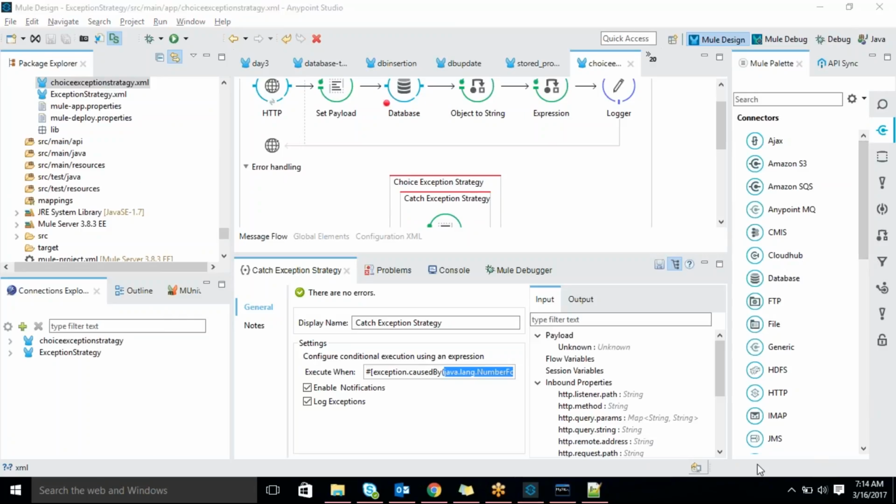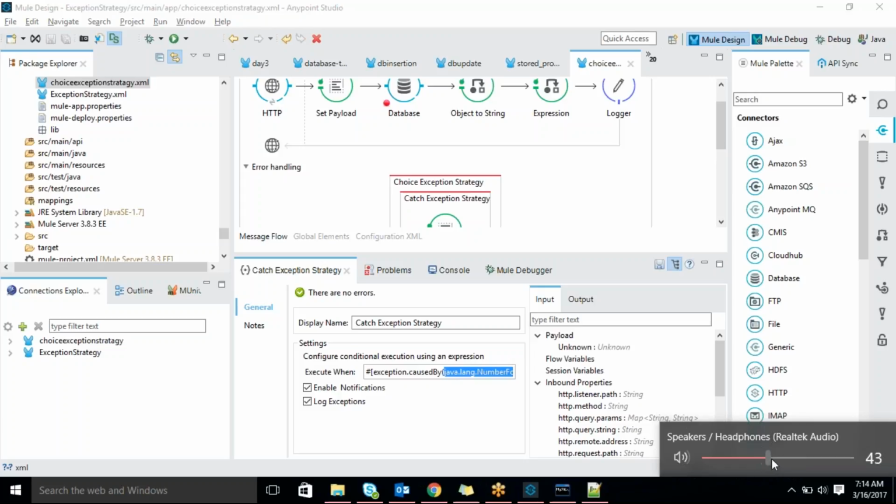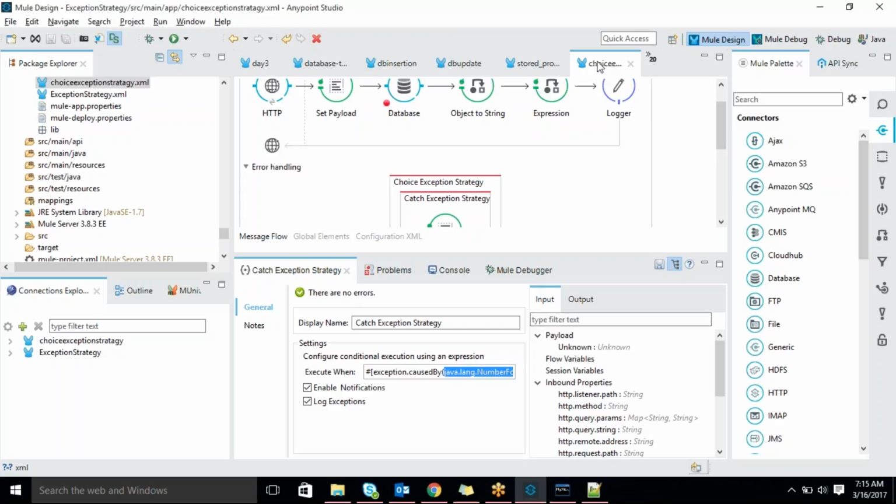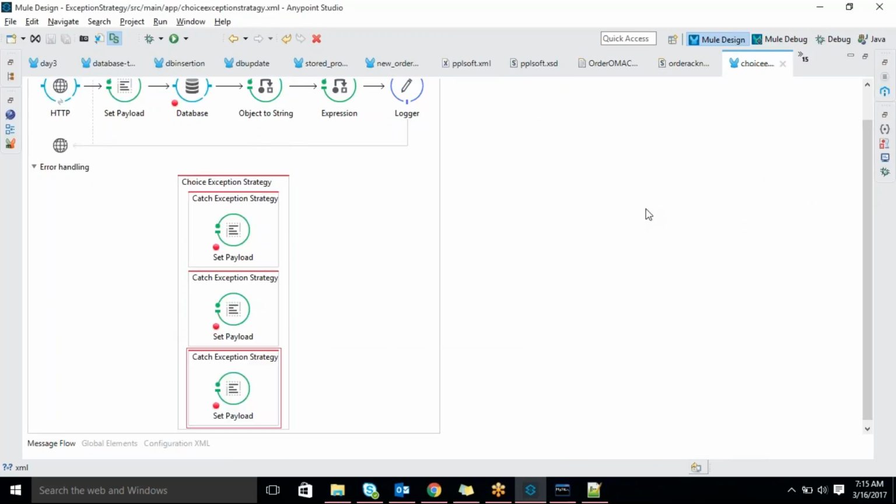Suppose in my flow, if there is a possibility that any exception will occur, that time I need to put any catches. Obviously,